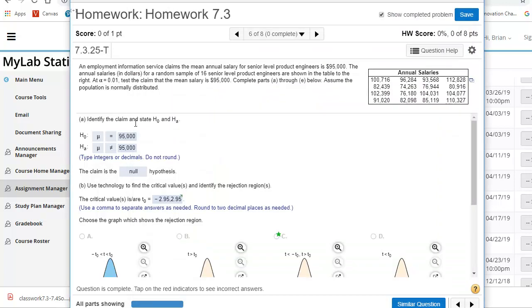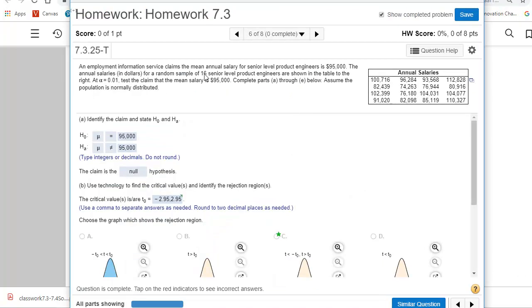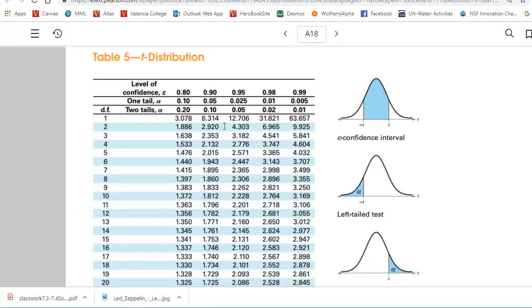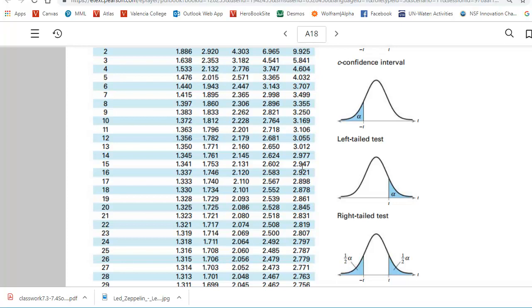If I want to find the critical value in this particular case, I have an alpha of 0.01 and a two-tailed test. Bringing up my table, I see two tails. My alpha is 0.01 and my sample size is 16, so my degrees of freedom will be 15. I'm going to come down to 0.01 and my two-tail, look at the degrees of freedom of 15, and I see 2.947. So this is how we would do a hypothesis test using a t-distribution, whether we are given summary statistics or given